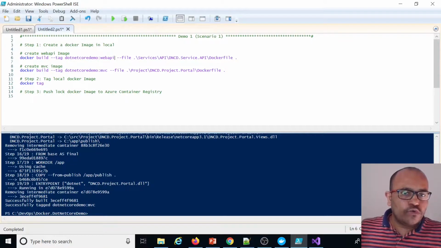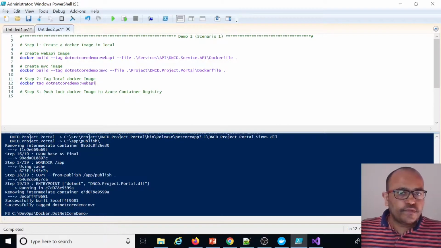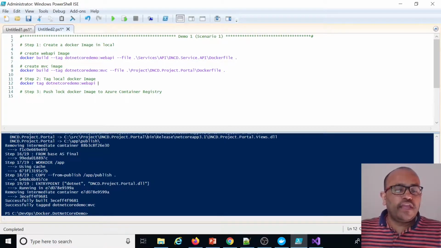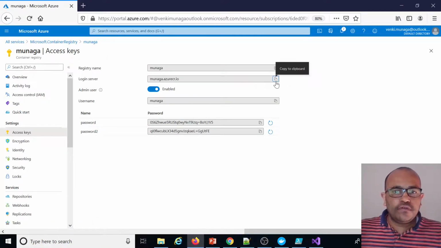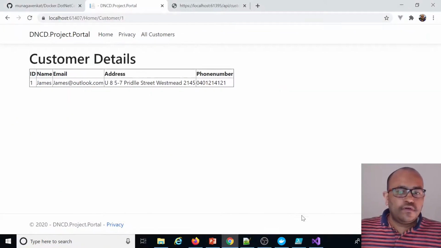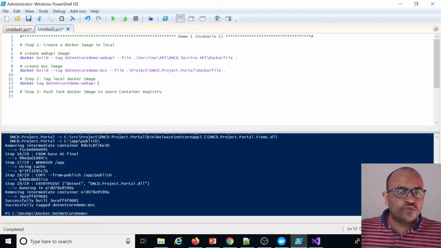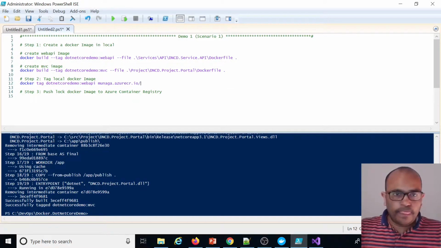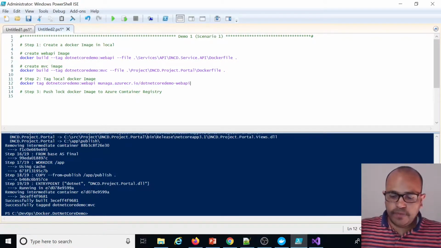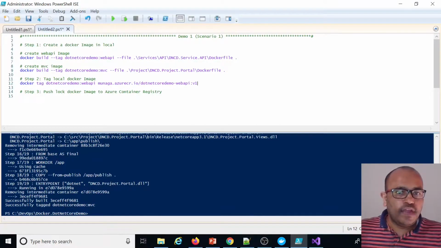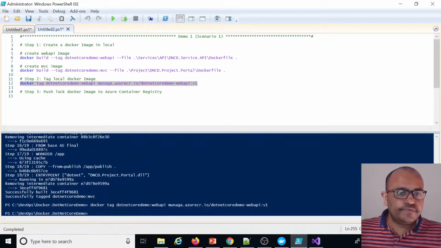I'm taking this image, and I'm going to tag it with the combination of my registry. It will look like this, and next I can use the same name. Just for differentiating, this is the web API and version 1. I'm tagging this way. Okay, tagging is done.